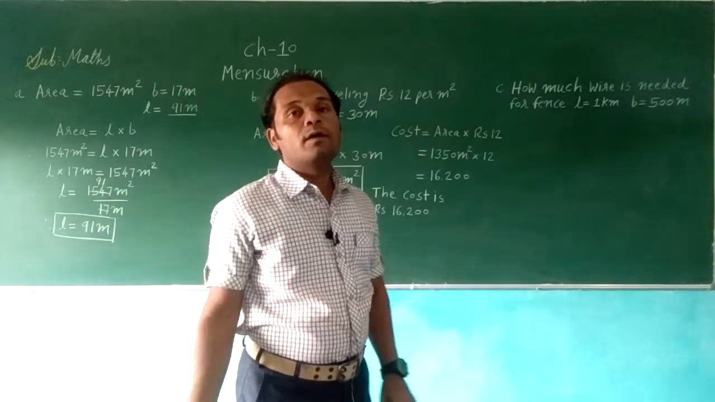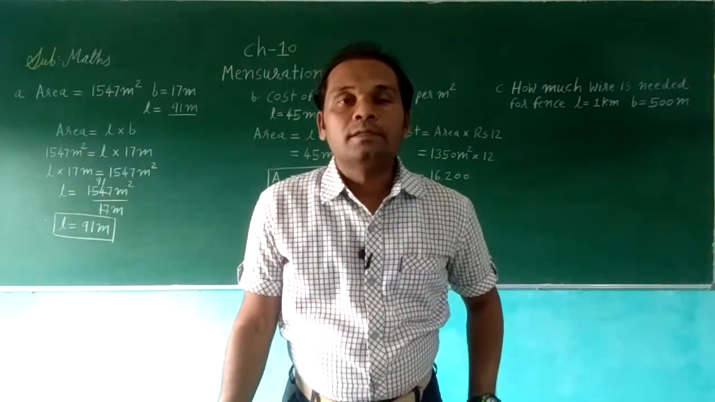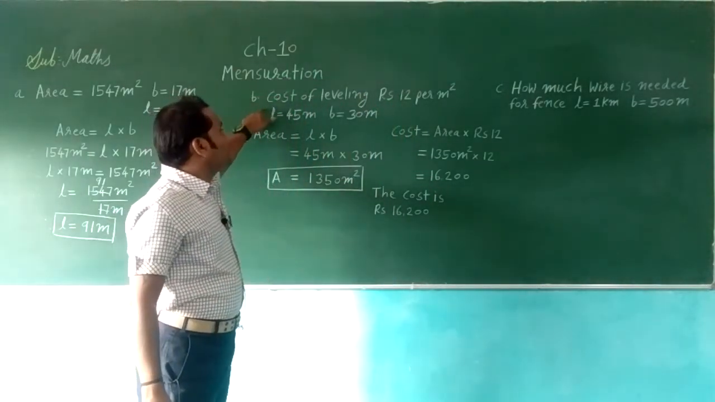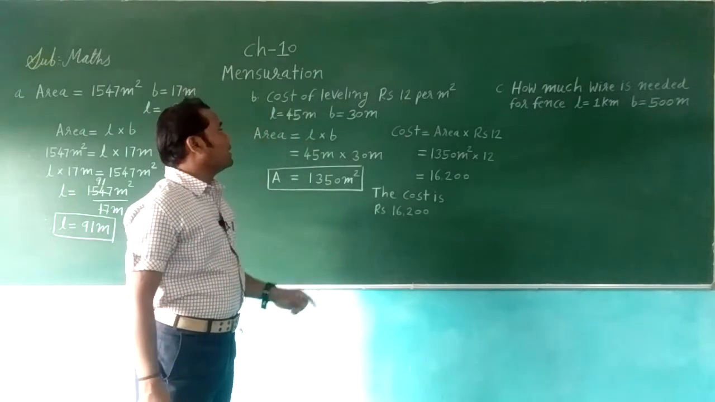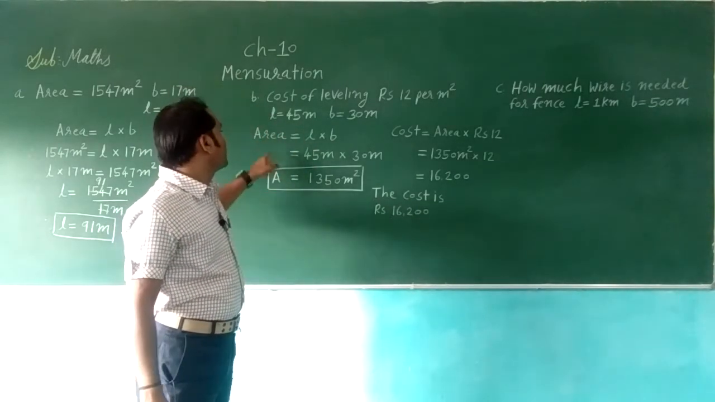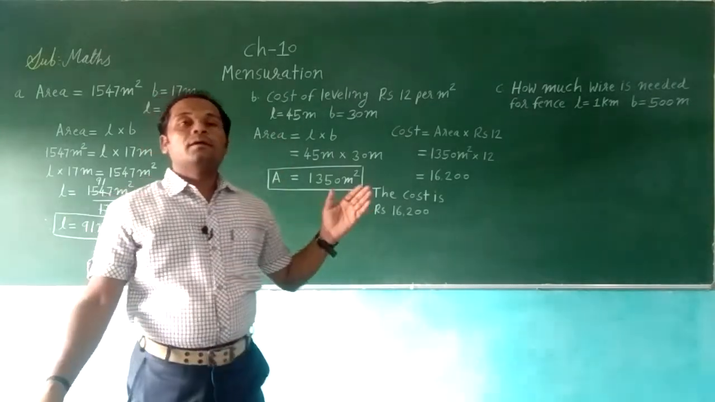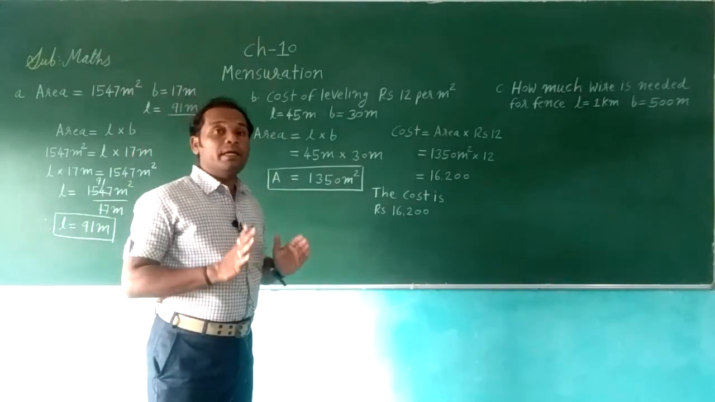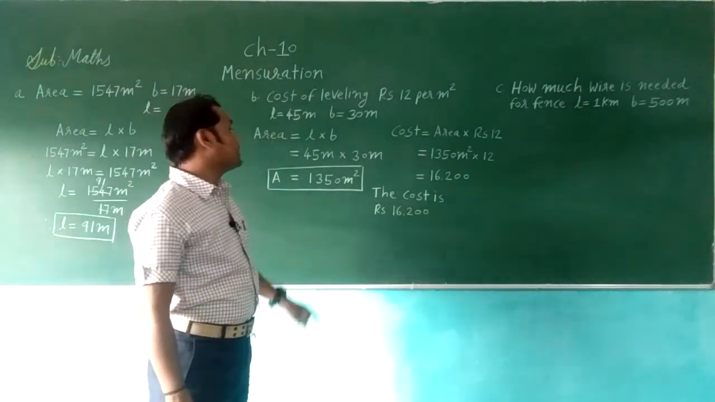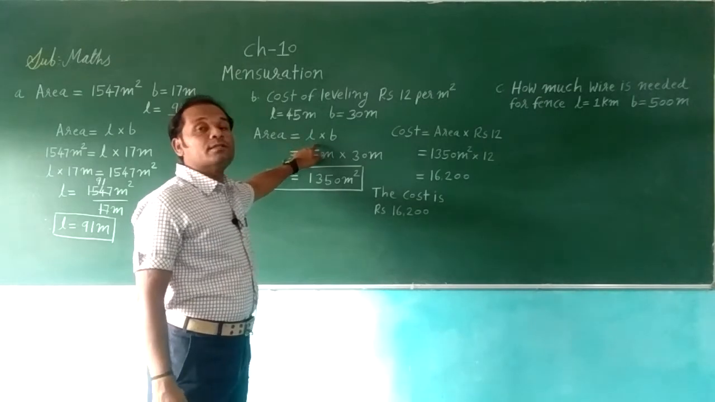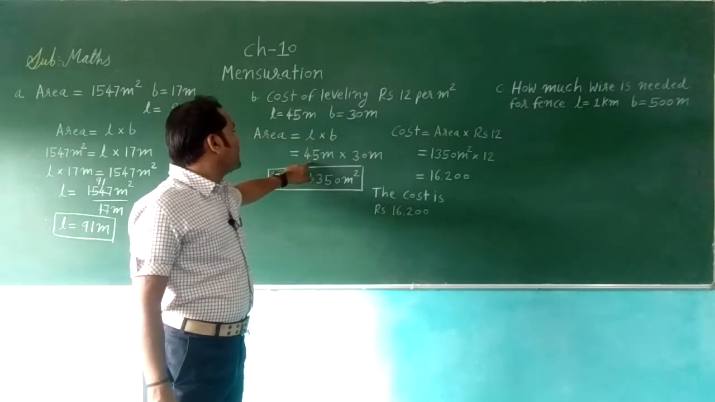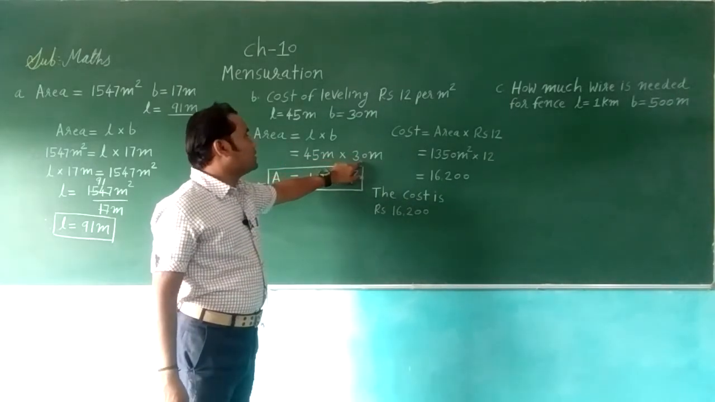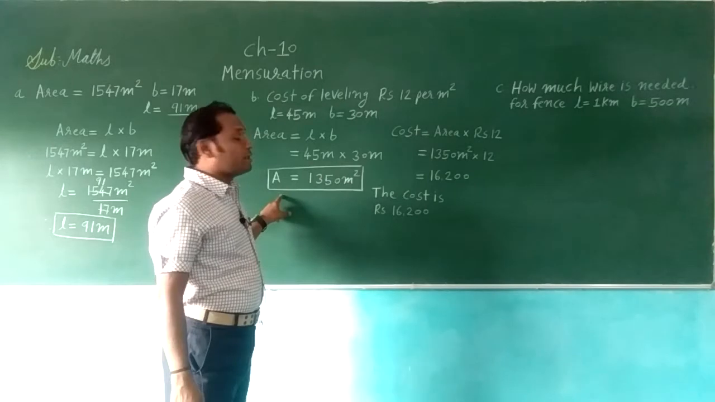The cost of leveling a field is rupees 16,200. So again explaining that sum: length and breadth are given. We need to find the area of the rectangle, that is, the area of the field. The field is in rectangle shape. Area is equal to L into B. L is 45 meter, B is 30 meter, and we got area